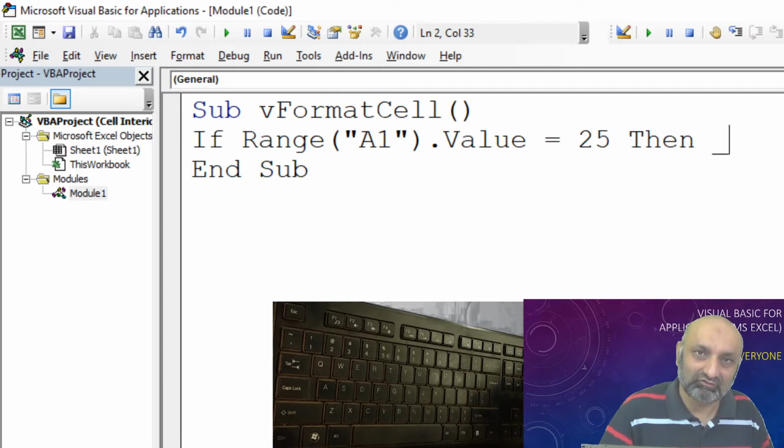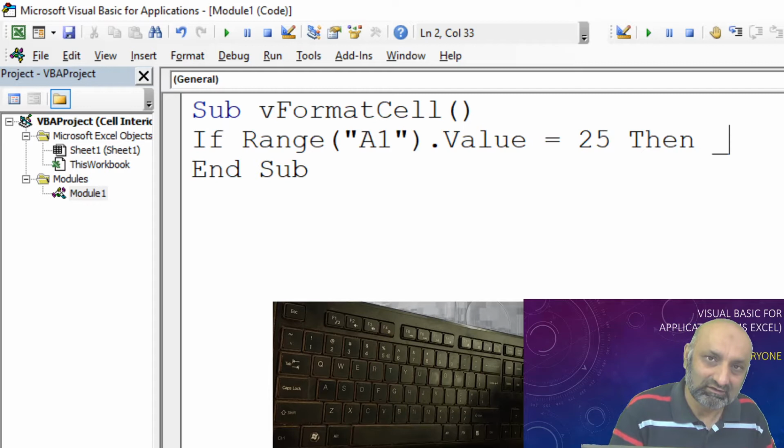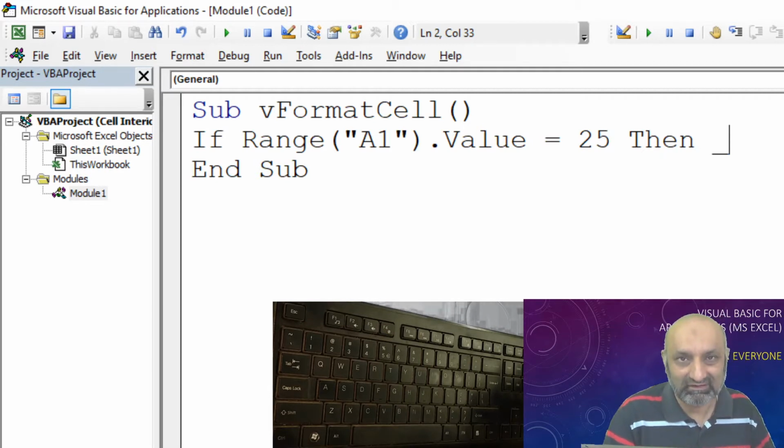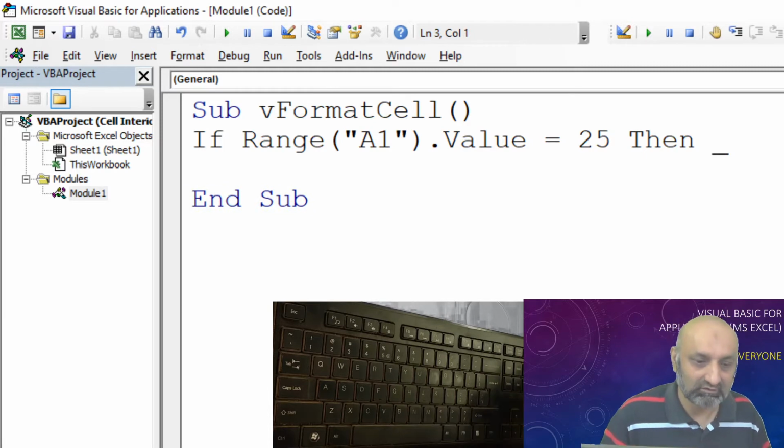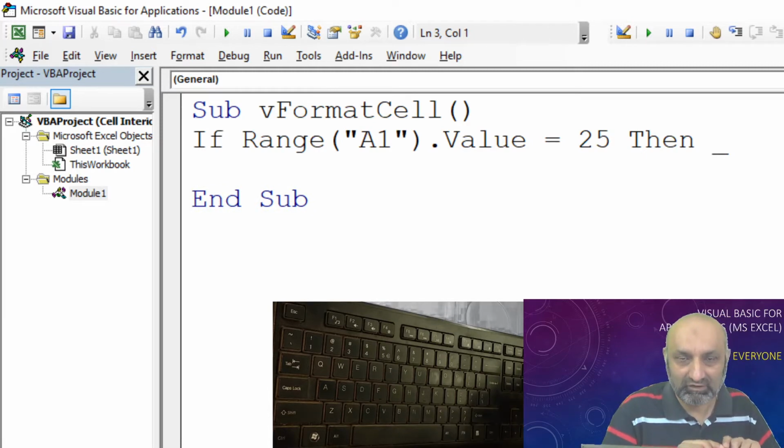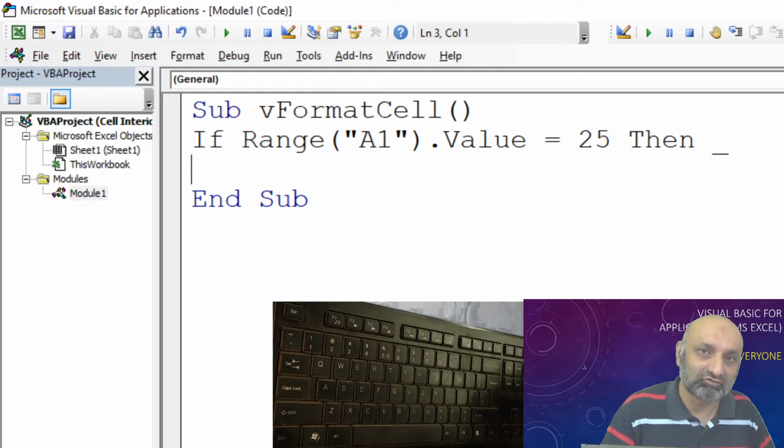With this underscore, you are telling VBA that my command is continuing to the next line. Enter. Instead of putting the command in one line, you can use underscore to split your command into two lines.